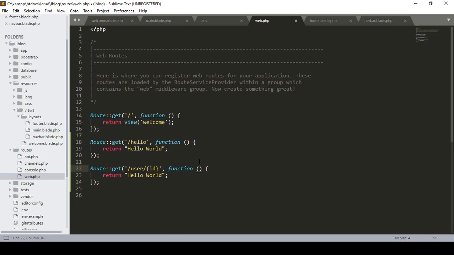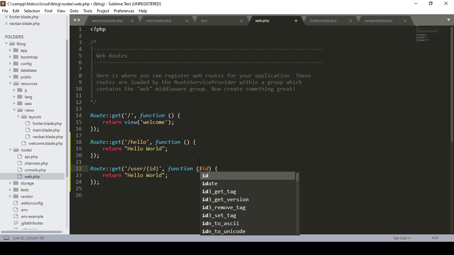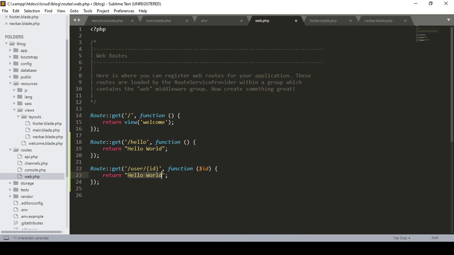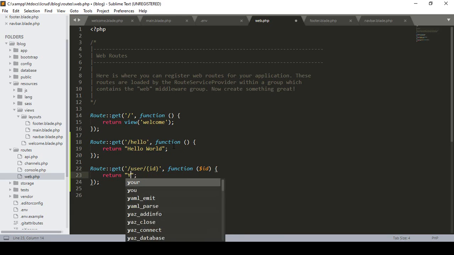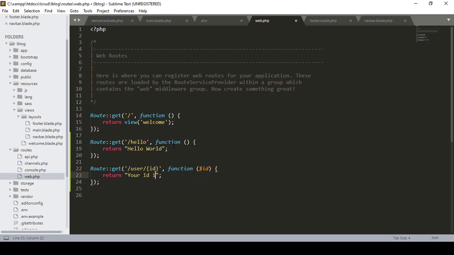For now I just define one variable as ID, and now I want to show it. So here I define "your ID is", and after that I want to concatenate it with this ID. So I simply added that ID. Now if you click on save all, and access this user,